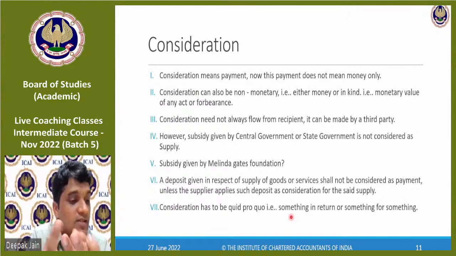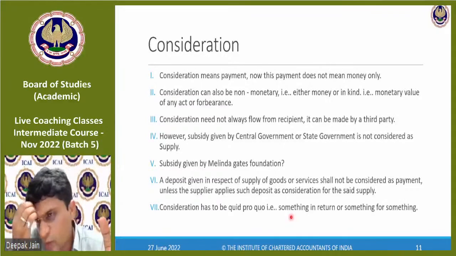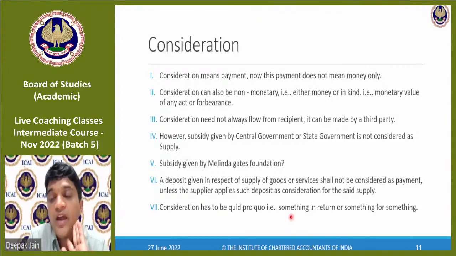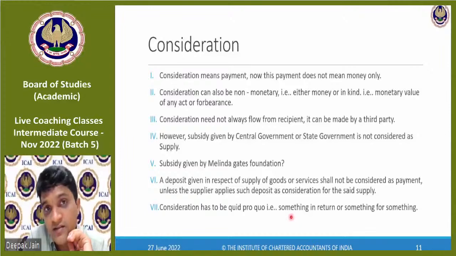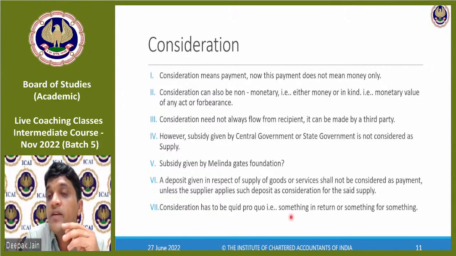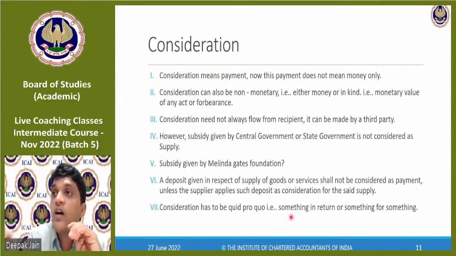Now, if I'm supplying, say, a laptop, and you pay me in money, that is a monetary consideration. Now, if I supply a laptop and you don't give me money, you give me something else which I've agreed to, that is an example of non-monetary terms. What could it be? When I'm supplying you a laptop, you could tell me that you will sell me some furniture. Or take a bigger example.